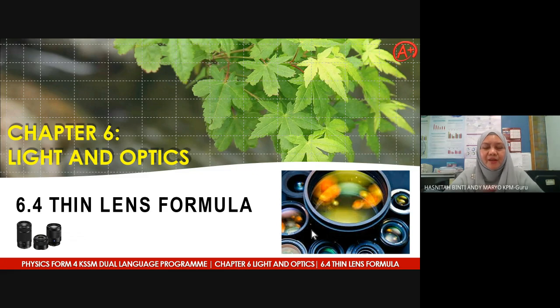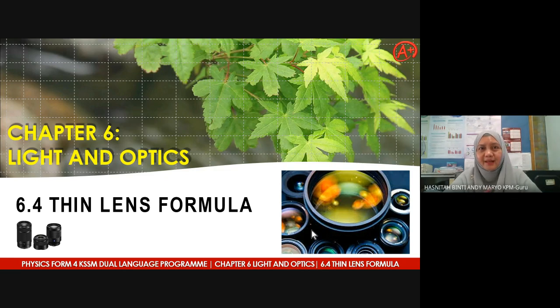Then we also learned there are two types of lenses, named convex lens and concave lens. And number three, we learned there are three rules in drawing the ray diagram for both convex and concave lenses, in order to determine the position and characteristics of the image formed by each lens according to the position of the object in front of the lens. And also, 2 days before, we did some problem solving questions on image